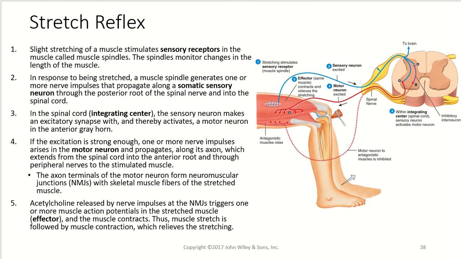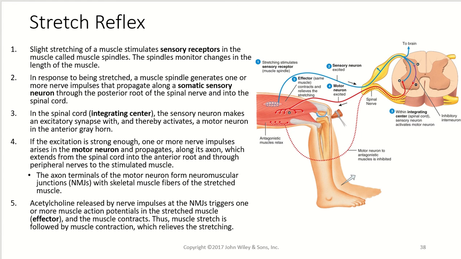So the second thing that happens is that in response to being stretched, those muscle spindles generate one or more nerve impulses that propagate along a somatic sensory neuron through the posterior root of the spinal nerve and into the spinal cord. Then the third thing that happens is in the spinal cord, or the integrating center, the sensory neuron makes an excitatory synapse with, and thereby activates, a motor neuron in the anterior gray horn. So if that excitation is strong enough,